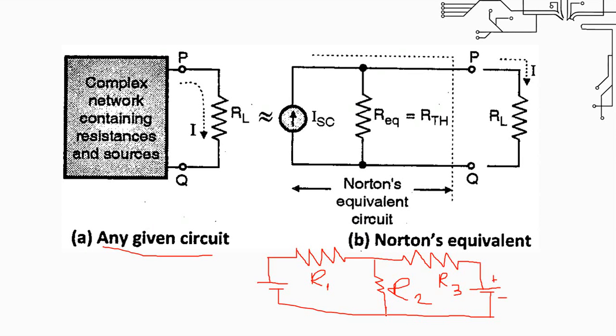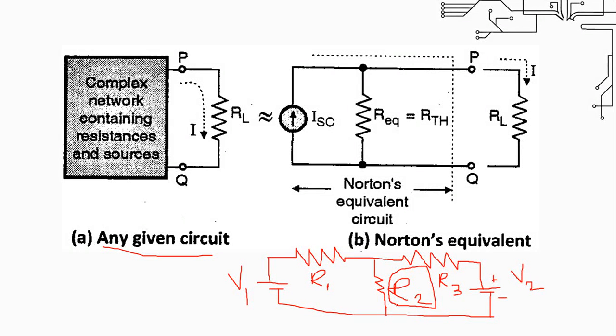This is the voltage source V1, this is the voltage source V2, and now we have to find out the current, for example, flowing through this R2